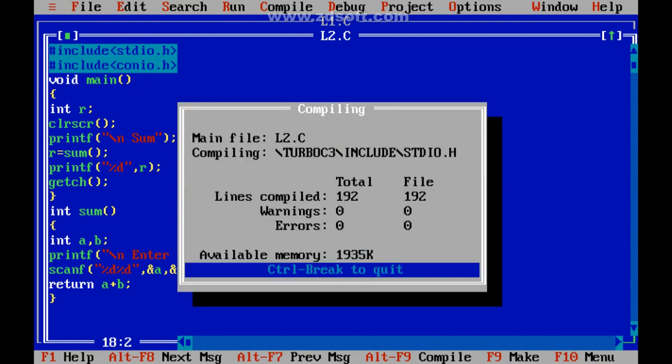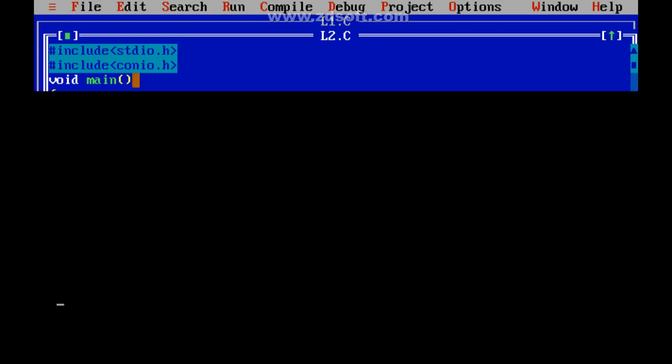So let's see, Alt F9, Control F9. So enter a comma b values. I'm just writing the function name, sum. I want to perform sum. So 5 and 7 I have given. So the result 12 is printed onto the screen.